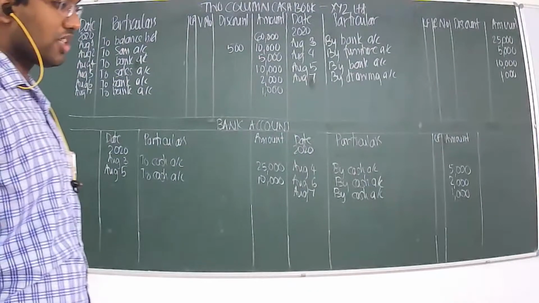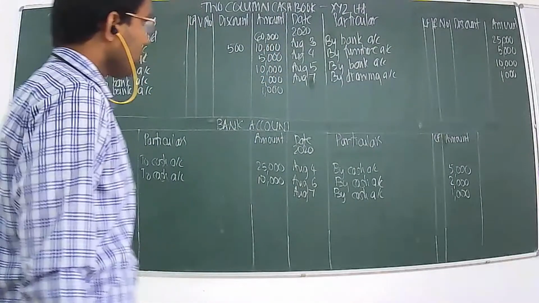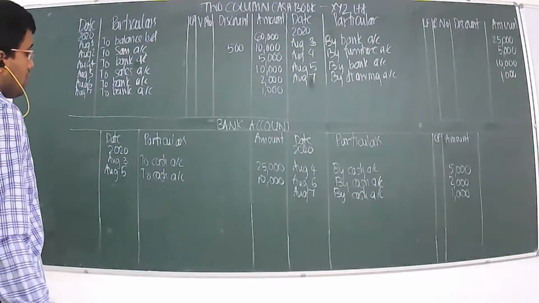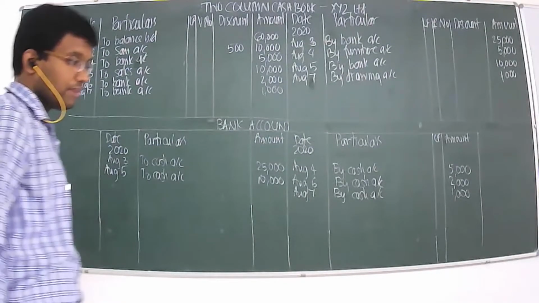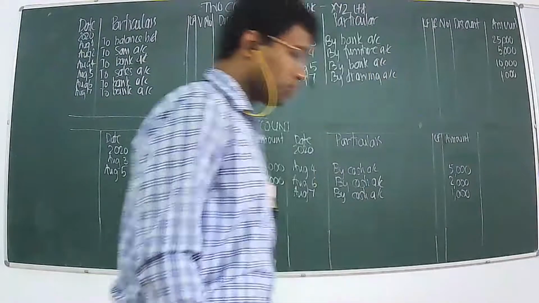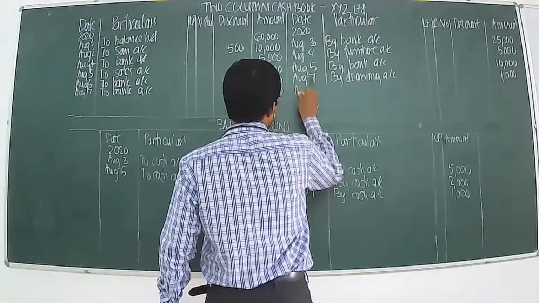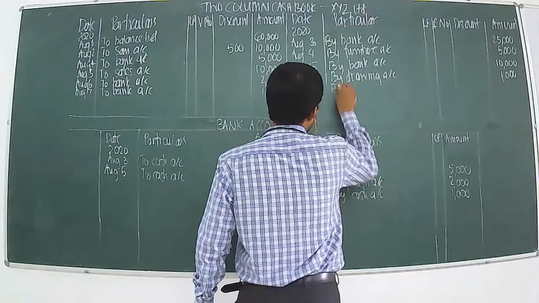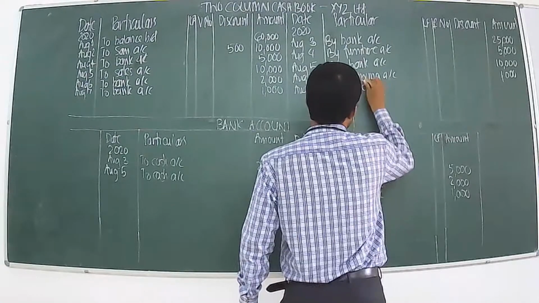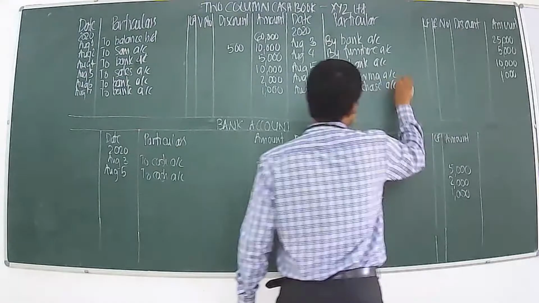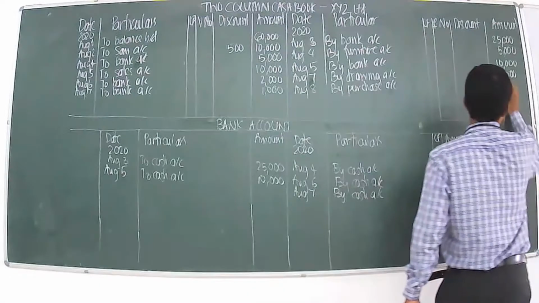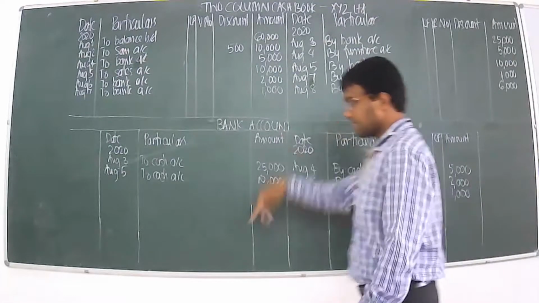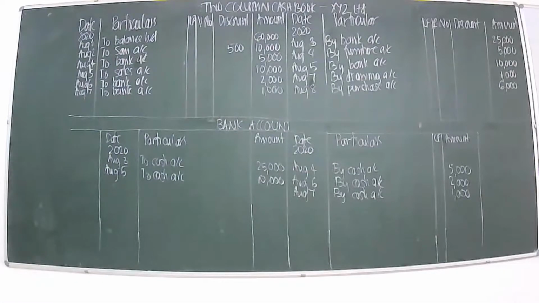August 8th, purchase goods by check. Okay, purchase goods by check. So here, you're purchasing some goods, and the purchase you're making in the form of check. So August 8th by purchase account, and the amount is 6,000. Amount is 6,000, and since the payment is made in the form of check,